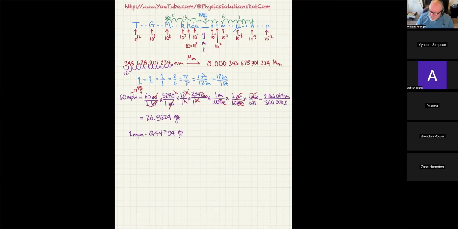Now, another thing I need to discuss with converting units is this weird thing where sometimes you have a unit raised to a power. So I want to show you how to do that. And I'm going to use the density of water as an example. So for instance, I know that the density of water